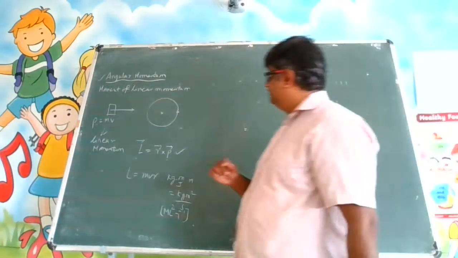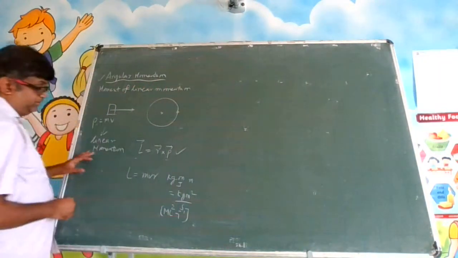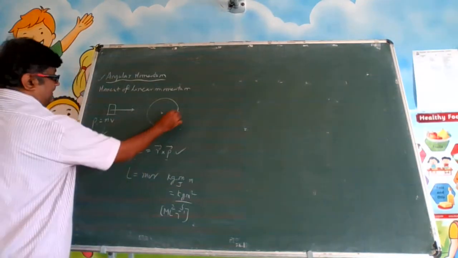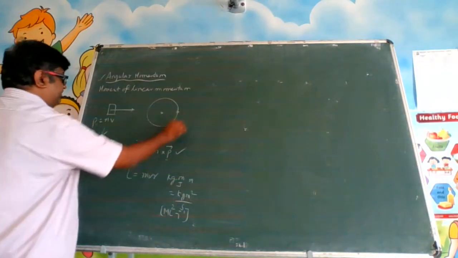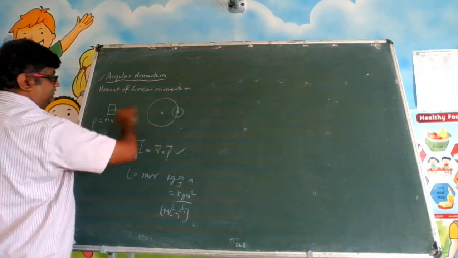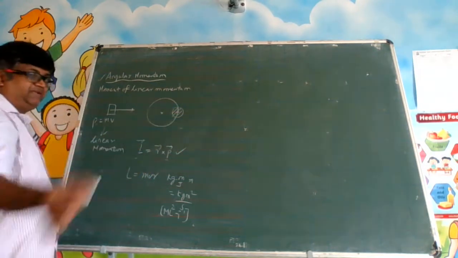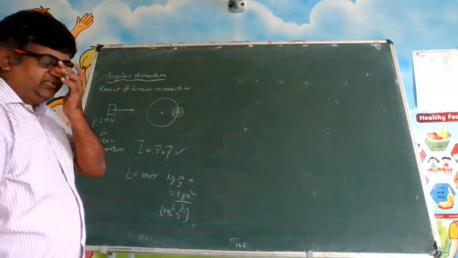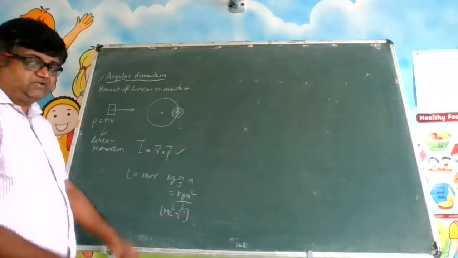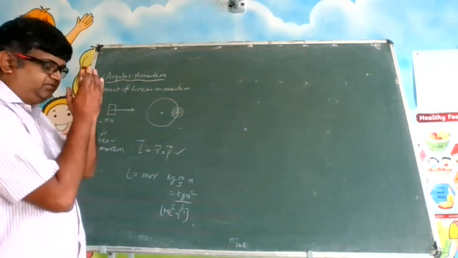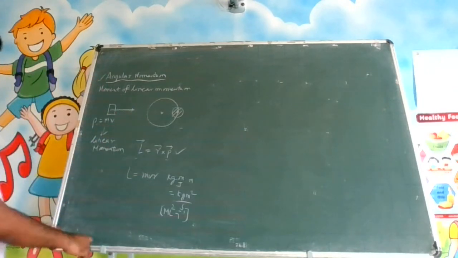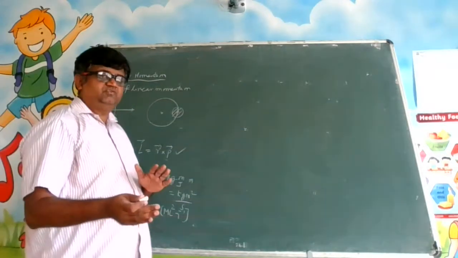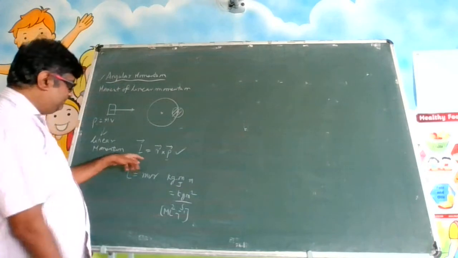Prior to this, one more point I wanted to tell you which I forgot. Now, this is about a particle. Suppose there is a rigid body, like a sphere, a cone, a cylinder, all these things. What are those? They are rigid bodies. What is a rigid body? It is a system of particles. So this is for one particle.